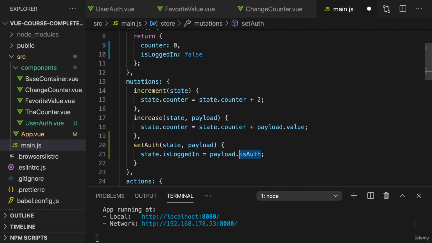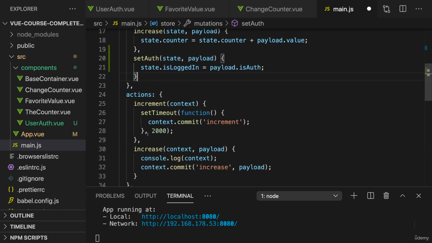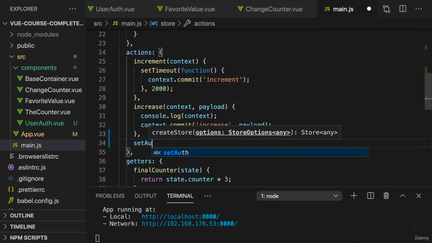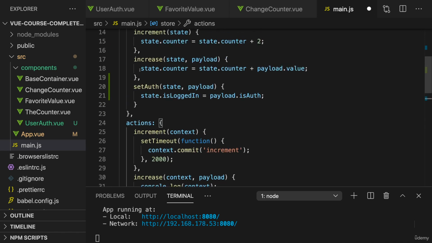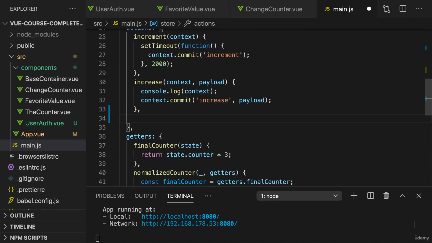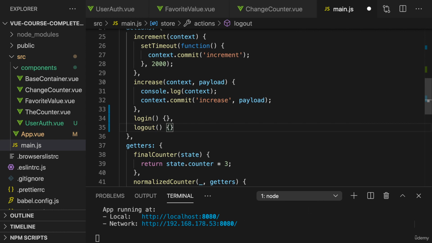Now, this is just my approach. You probably have a different one, and that might be fine as well. It's just one way of doing it. Now, that's my mutation, but we shouldn't necessarily call mutations directly from inside components, as you learned. So I will add actions. Now, we could add a setAuth action, which basically works like the mutation, or we add two actions to mix things up, a login action and a logout action. Again, it's just my way of implementing this. We get this context object,